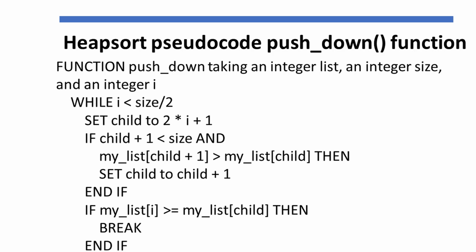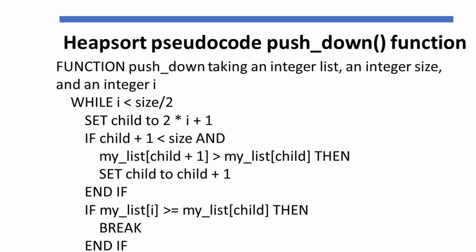If there is a right child, then the position of the right child of the current node is at position child plus 1. If the right child's value stored in my list at position child plus 1 has a value greater than the value of the left child at my list at position child, then the value of the child will be set to child plus 1. This value, stored in the child variable, is the position in the list which will have its value compared to the value in the parent node's value,